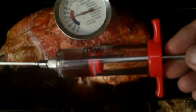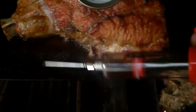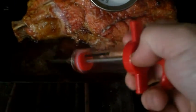Okay, she's smoking away really nicely. Marinade's warming up, and I've got one of these marinade injectors. Can't remember where I bought it, but it wasn't that expensive. I think it was probably from Aldi. And you just suck up the juices like a normal syringe, which it basically is. And then all I'm going to do is poke it in,